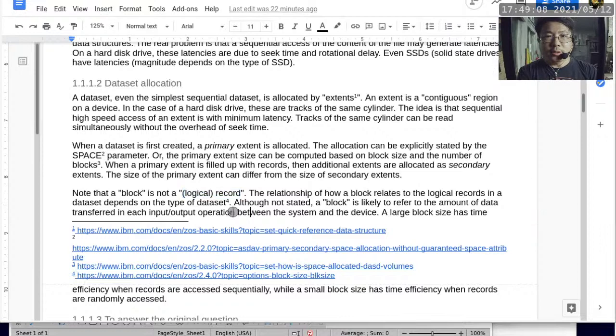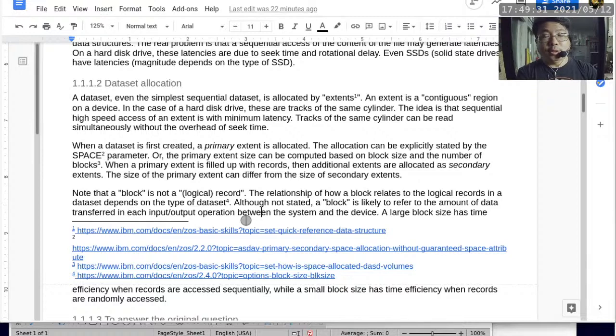A block size, on the other hand, determines how big a chunk of data we read and write each time the operating system is interacting with the input-output device. So these two are different because you can, if you want to, with a